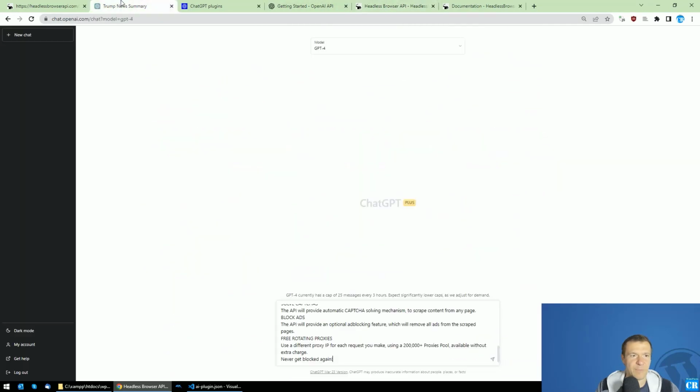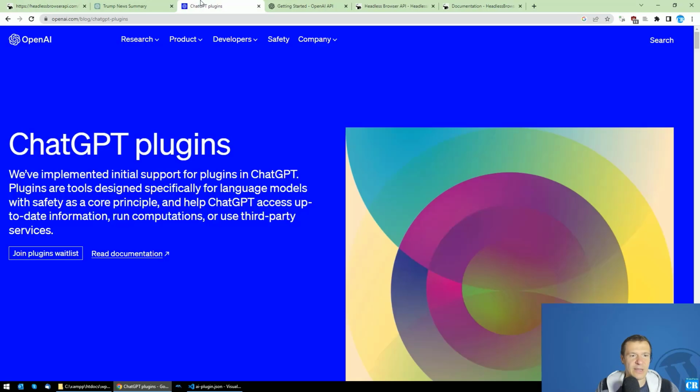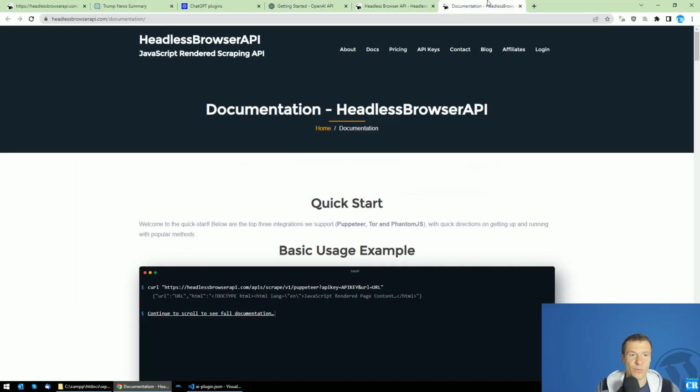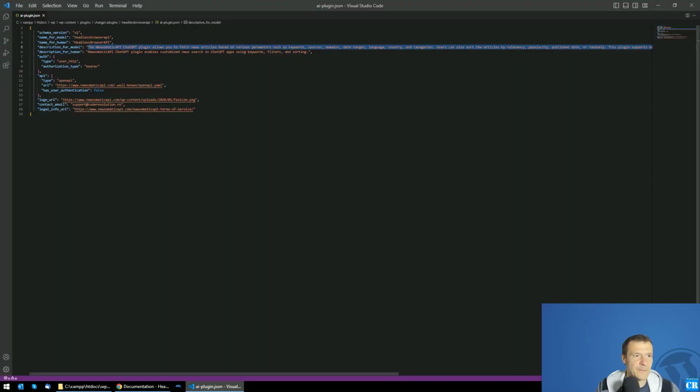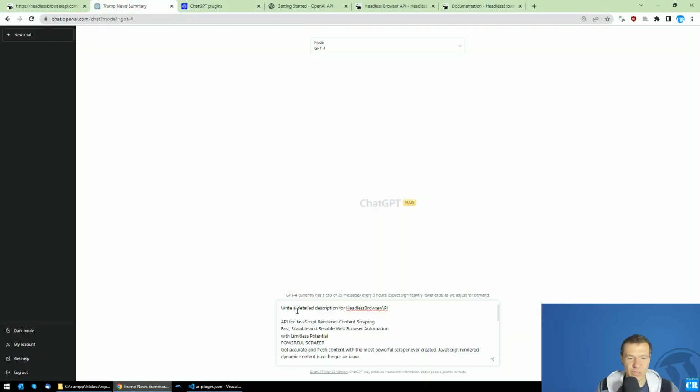And okay, so let's add here, and let's instruct ChatGPT that we need this for the description for model field for a ChatGPT plugin. Write a detailed description for Headless Browser API